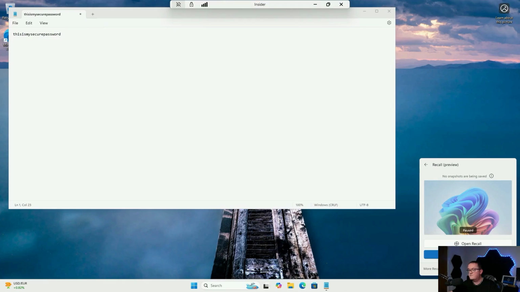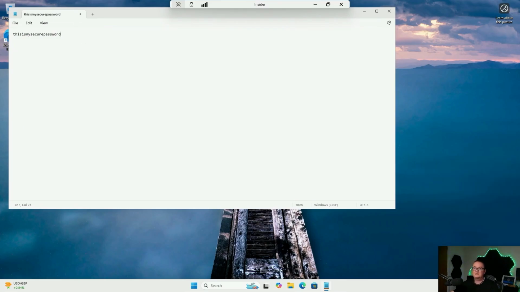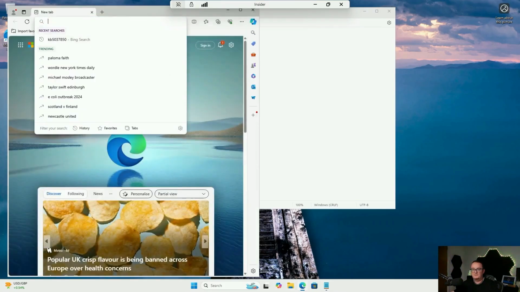So I'm just going to resume snapshots, right? So here we go. So Windows is now saving the snapshots, right? So my data should now be captured, right? And I can see here this little icon we've got down here, which is saying it's now capturing my data. So let's just put in a different password. Okay. And let's open up the browser and let's just browse to a website,